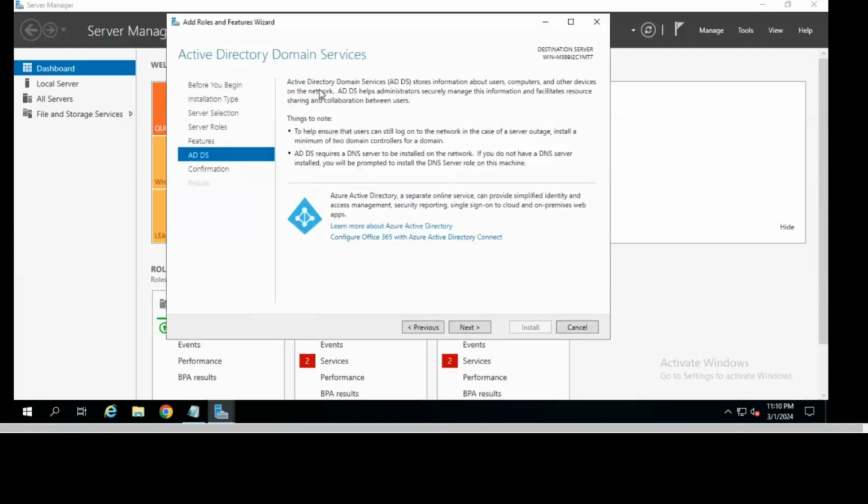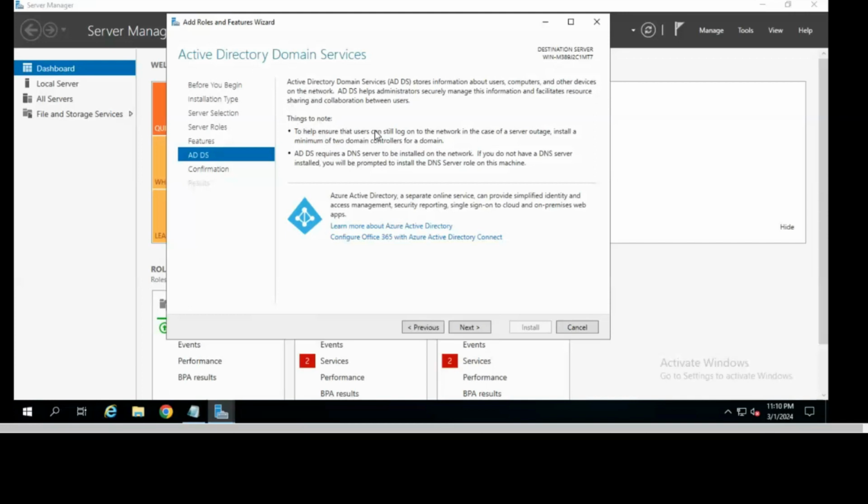Here, this is the ADDS Active Directory information. You can just see the notes. Here you can see ADDS requires a DNS server also. If you want to configure ADDS, then you also need DNS. DNS means Domain Name Server, as we also discussed earlier. Because you are going to configure one domain name like HCL.com, who will convert this HCL.com into the IP, your machine IP?